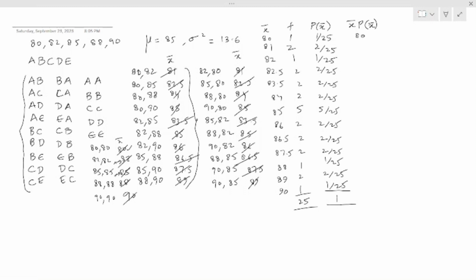Simply, 80 times 1 gives us 80, then 81 times 2 gives us 162, so that's 162 on 25, then 82 on 25, then 2 times 82.5 is 165, so 165 on 25, then 167 on 25, then 2 times 84 is 168, so that's 168 on 25, then